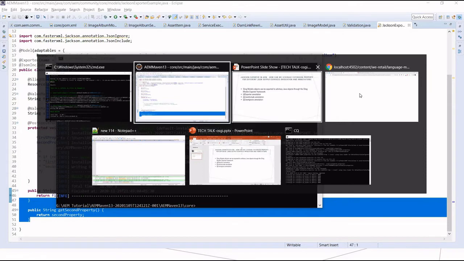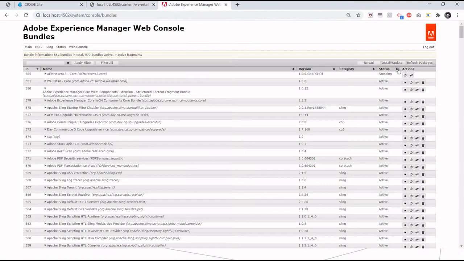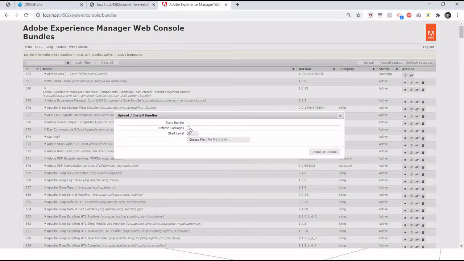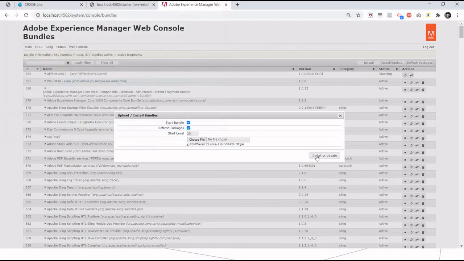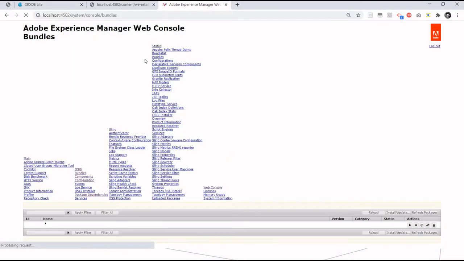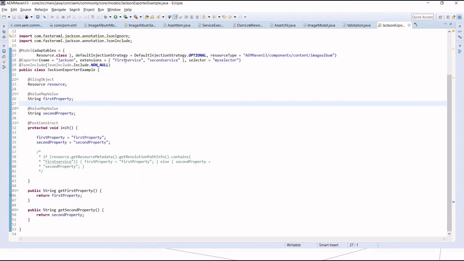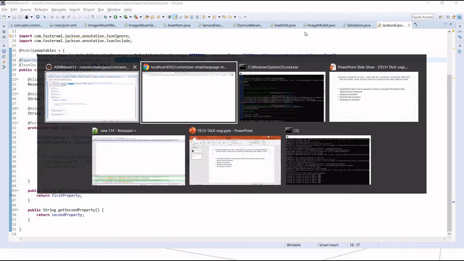Let me install it. Okay, so if we see this code, I'm using two extensions, and since there is no logic written specifically for extension, if I use either first service or second service, it should give me the same result.